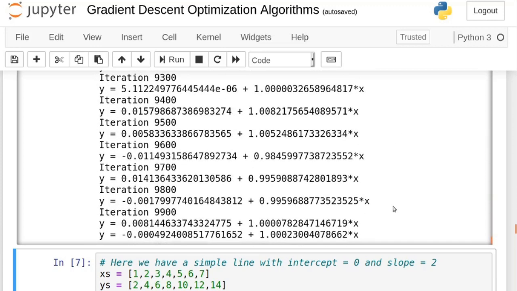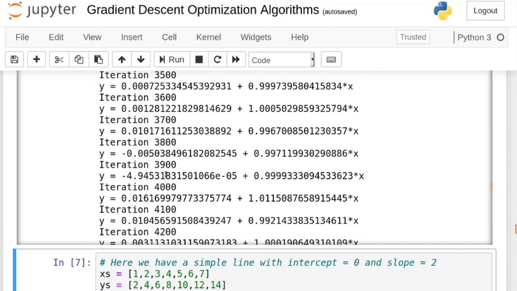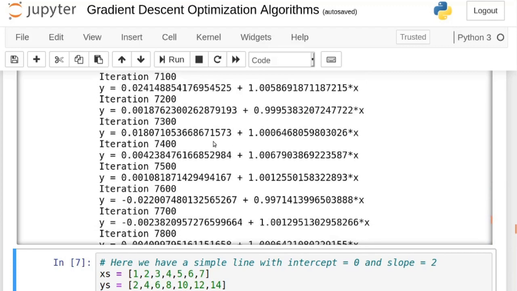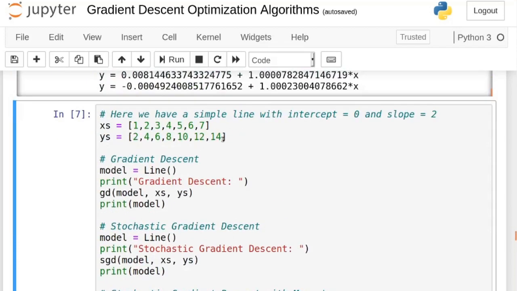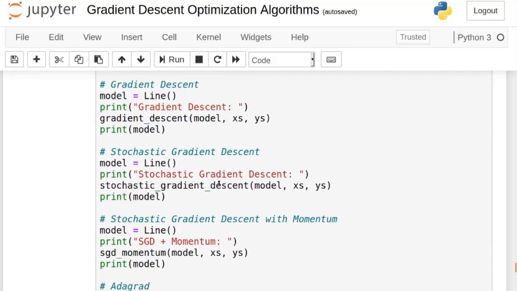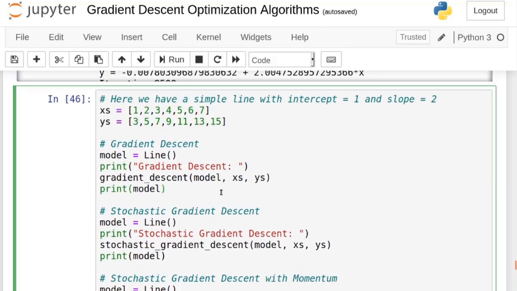So let's take a look at that. We have 0 and 1 for AdaGrad. I did a lot of iterations, but honestly, it converged way before. But just do it for demonstration purposes. So this one, 0 and 2, we saw that it was good, and this is obviously an intercept of 0 and a slope of 2. Finally, if we look at an intercept of 1 and a slope of 2,